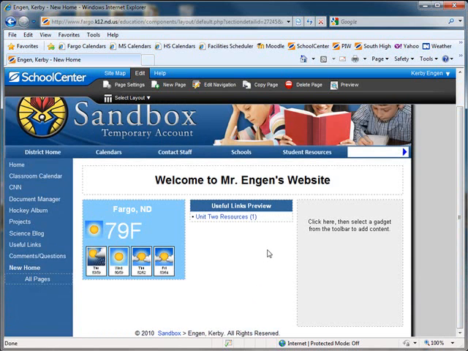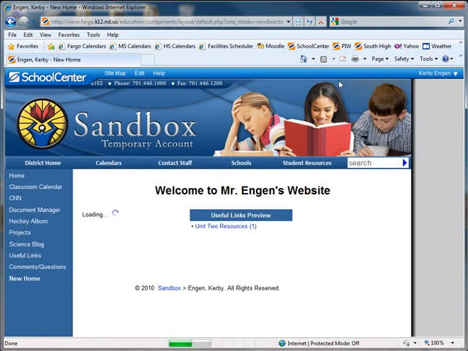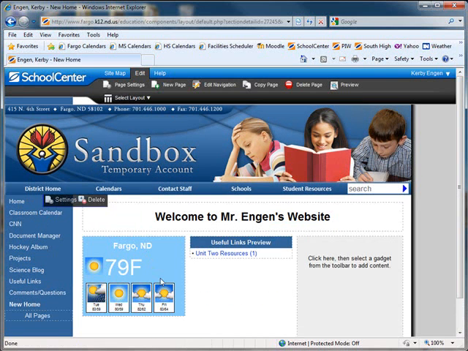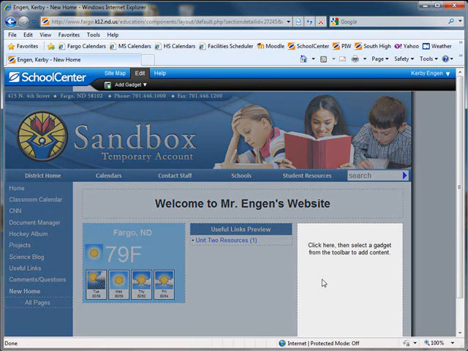And now I get a preview of my useful links. Since I only have one category in the useful links preview, it now shows up. If I click my preview option, I now have my header box, I have my weather box, and I have my useful links preview. I'll go back into edit mode, and for the last box, I will click to select